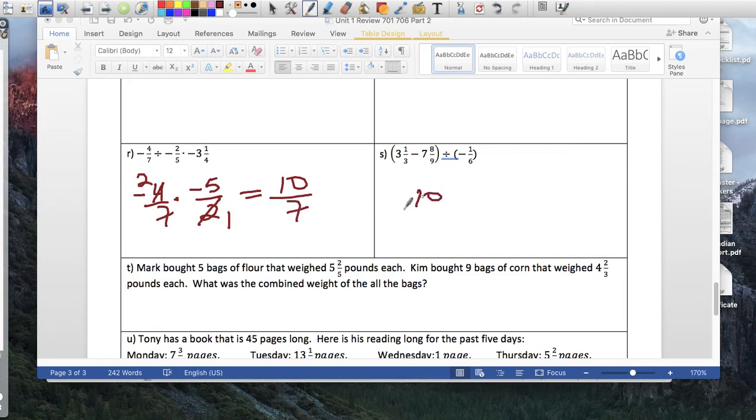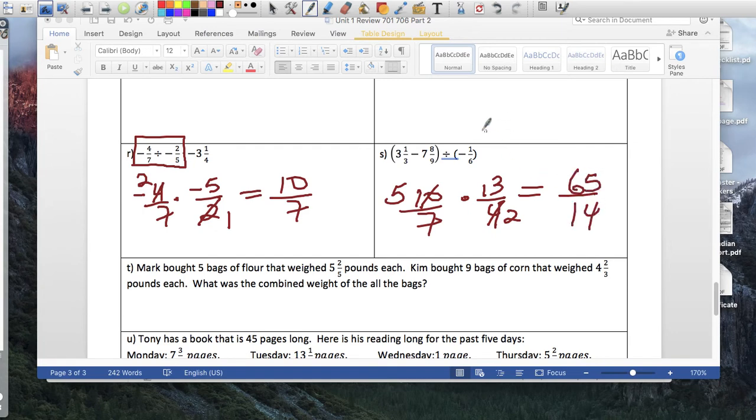And then I'm going to take 10/7 because the only part I was working was this part right here. I'll multiply that by negative 3 and 1/4. 4 times 3 is 12, 13/4. That came out to be positive. So now multiply. Simplify. This becomes a 2. This becomes a 5. 14. 65. And this is negative or positive? It's negative, but that was negative. So final answer,